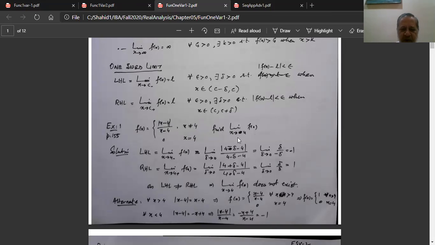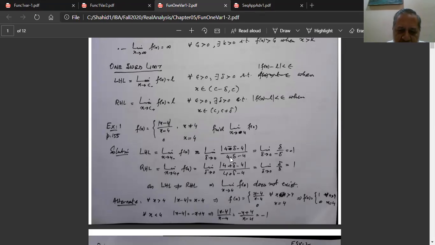And we have to find the limit as x approaches 4. And you are familiar with this, I hope you are familiar with this process. You evaluate the left-hand limit. That means 4 minus delta, so delta approaches 0, x replaced by 4 minus delta in this function, both in the numerator as well as